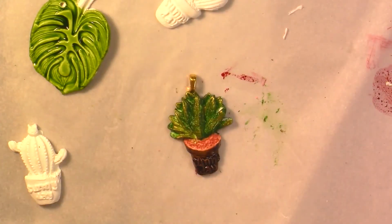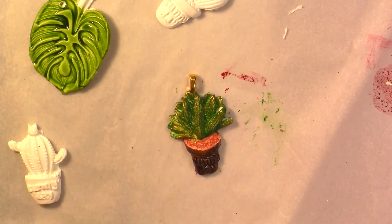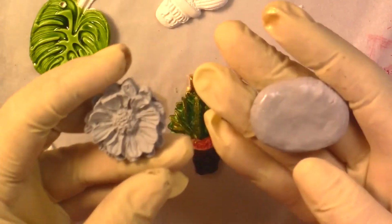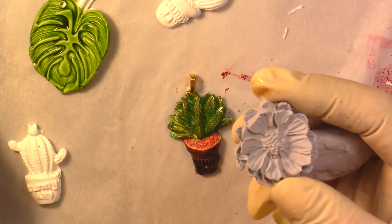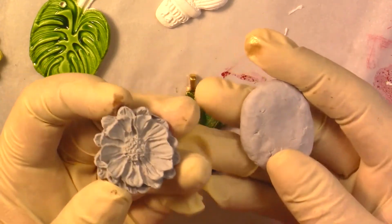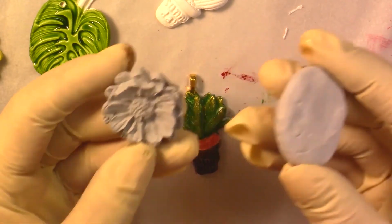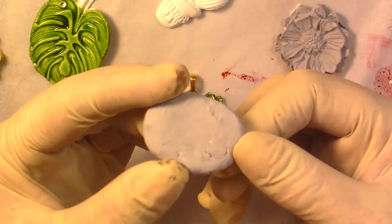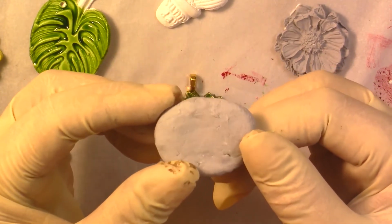And what happened is that the inside is gray. And I didn't understand that when it said stone look. I thought it would have been white, but this is what it looks like. So I did a flower, the exact flower that I have here, with this clay. So it's just like a normal clay. You use it exactly the same way, and I did this kind of stone look just to give it a try. So that's the back of it, just to show you without putting any kind of varnish on top, so